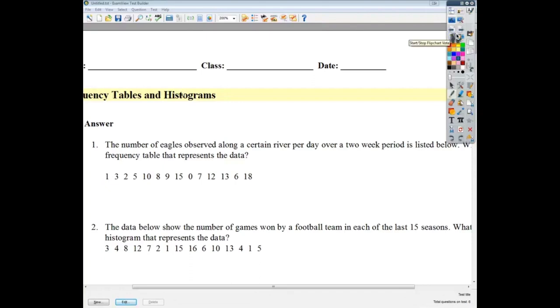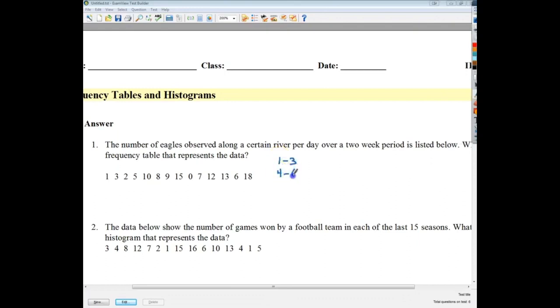So the first one says that the number of eagles observed along a certain river per day over a 2-week period is listed below. Make a frequency table that represents the data. I'm going to look, and I see that the numbers go from about 1 to 18. A reasonable number of groups would probably be 5 groups maybe, or we could do 6. So if I wanted to do 6, I'd do groups of 1 to 3, 4 to 6, 7